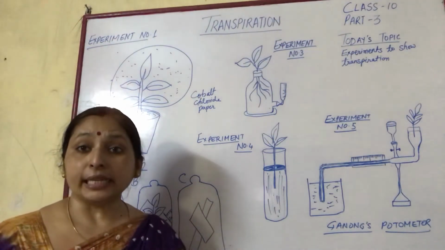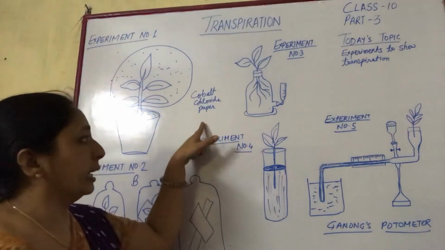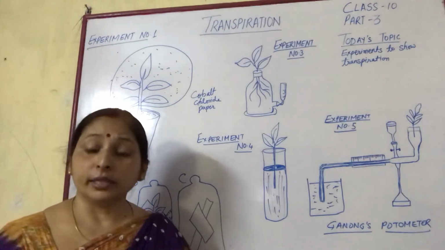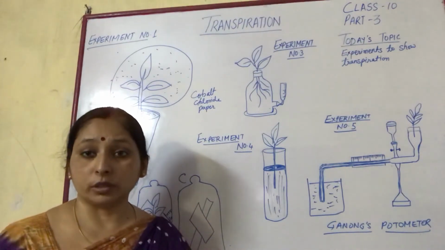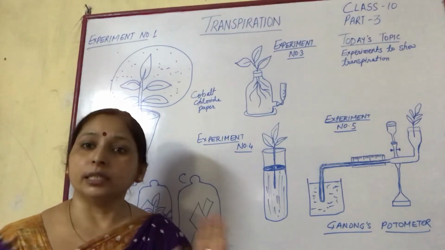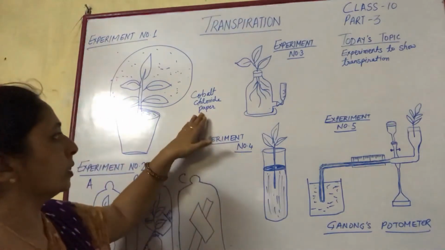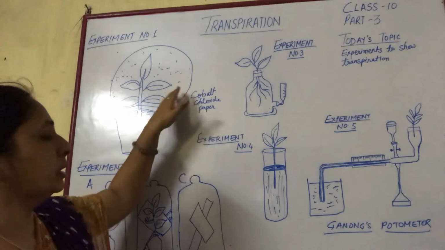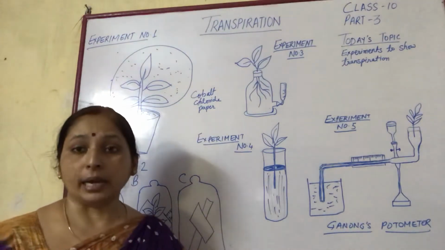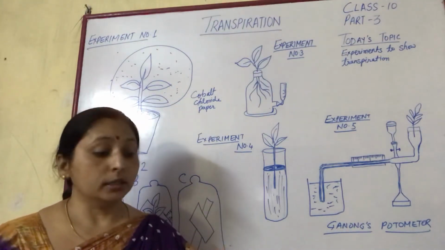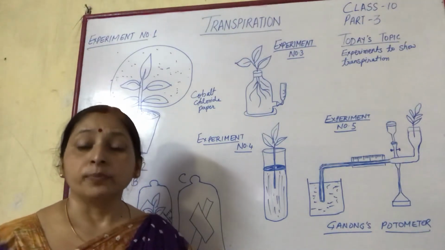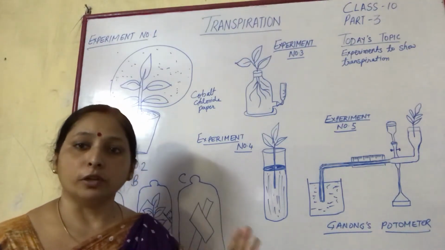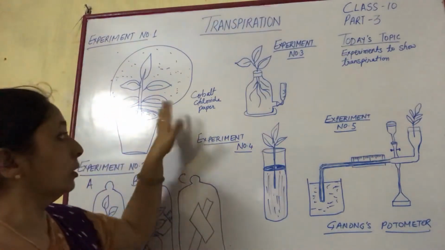To detect that, we use cobalt chloride paper, which is blue in color. When it comes in contact with moisture or water droplets, it turns pink. So when we take the cobalt chloride paper near the polythene bag, the color of the paper turns from blue to red, indicating the presence of water droplets on the inner surface